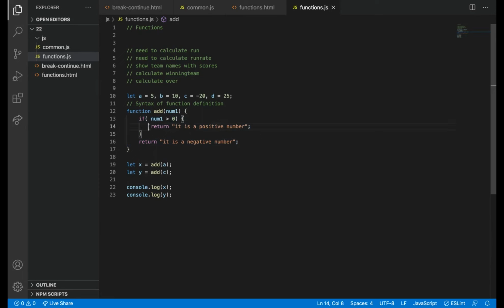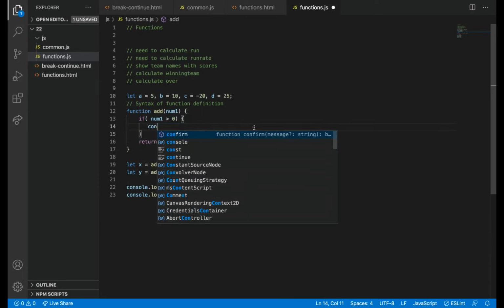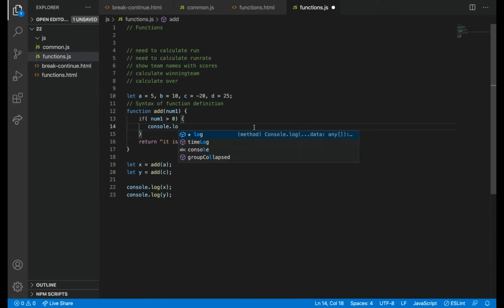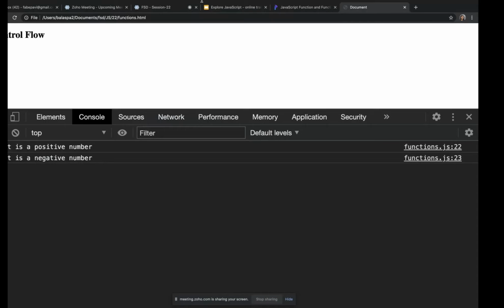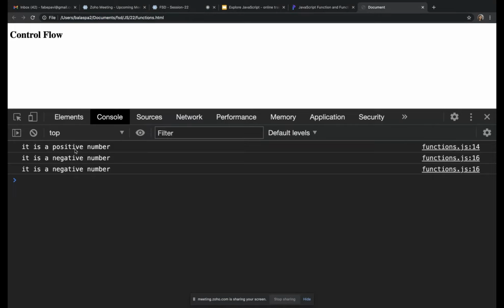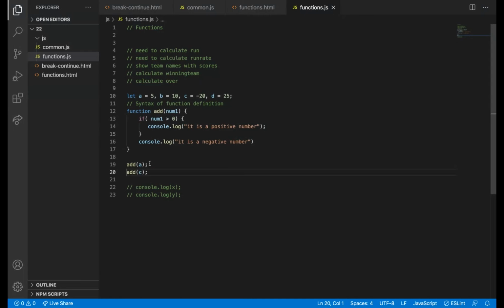If there is no if statement, I'm just putting no return statement, just it is a positive number. Fine. So what it will do? Console.log of negative number. So we don't want these, because we are not returning anything here. I'm just calling two functions. So why have we just called twice? Why did it return three things?